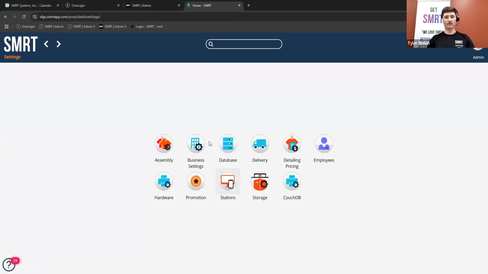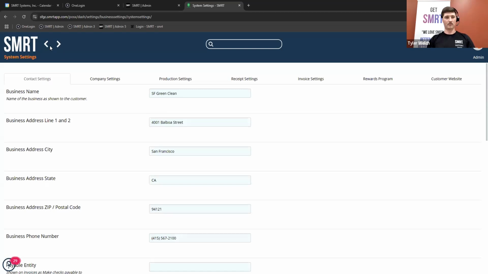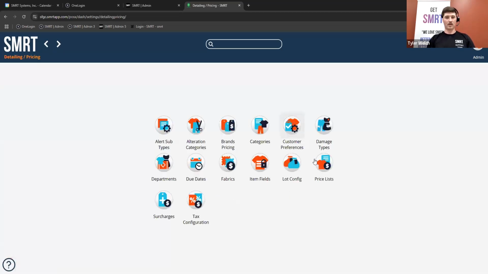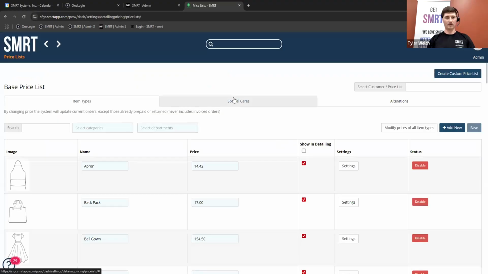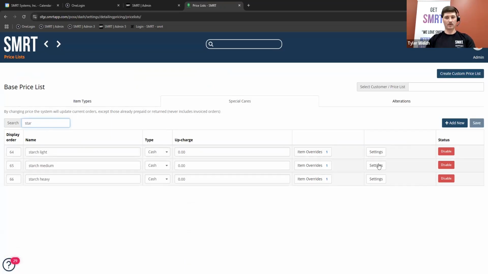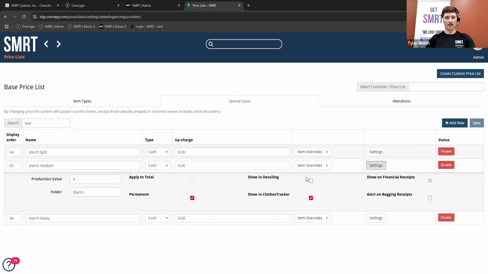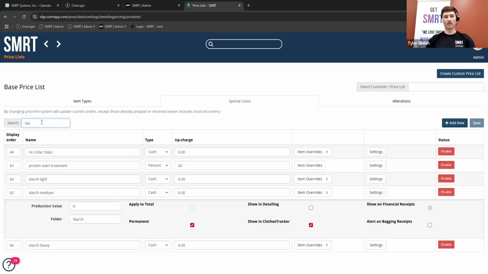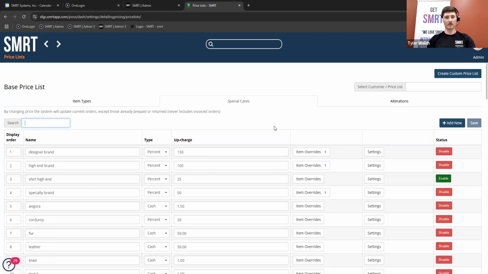Now, sorry, wrong setting. If the starch preference was permanent, you'd find it in here whenever you go to your price lists, as long as you have access to it. And let's check for starch, settings, and then permanent is checked. So this one, it is checked for this company. So the next time it comes in, it's going to maintain its starch level. So the detailer, whoever it is, doesn't have to remember that this individual wanted it to be permanent.